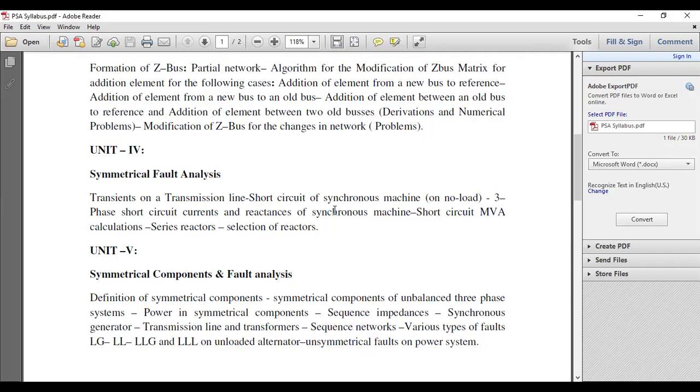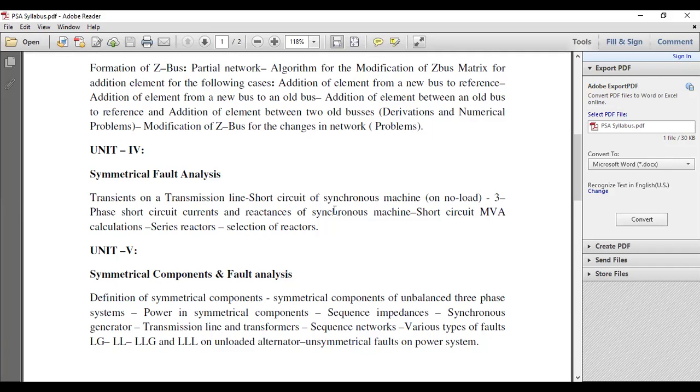Faulty operation means whenever a fault exists, if the system has been exposed to that fault, obviously a high amount of short circuit current will flow in your circuit, and those currents may damage your system also. So obviously we are going to use some protective equipment for disconnecting that faulty section from the active or energized system. That means whenever a fault exists at some place, that faulted section will be disconnected from the healthy section through the circuit breakers, fuses, etc.